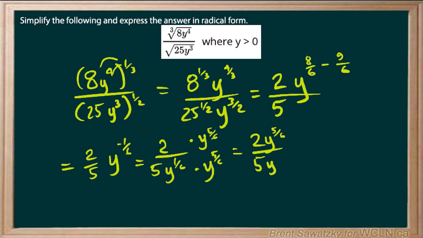And so we were asked to put this in radical form where appropriate. So what we'll do is we'll say y, and it's to the 5th power and the 6th root. And we have 5y. And so we can't reduce that down anymore. And we do not have a radical